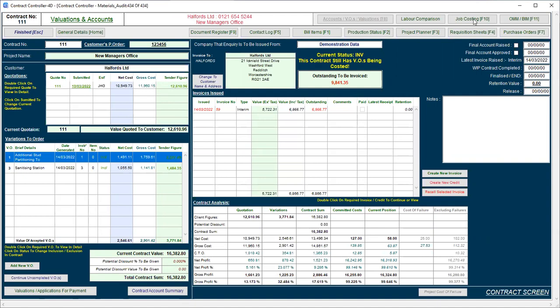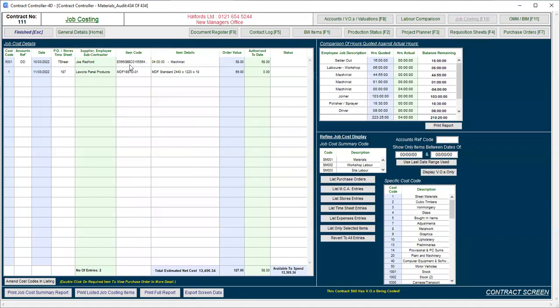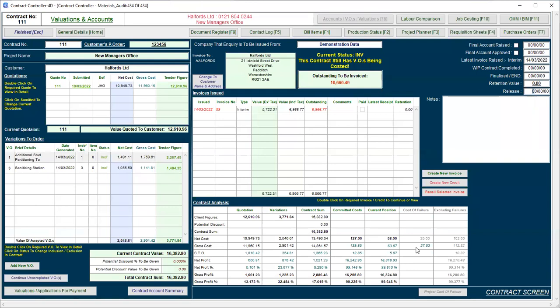So if we quickly look at job costing, you can see we've got our items in there. We've got £127 of order value and we've authorised 58. So we can then see that we've got our £58 that is the current position that we've authorised and our committed of 127. We also have an area where we can do a potential discount. So if I enter, say, a further 2.5% discount on the contract sum, the system will then recalculate our profitability